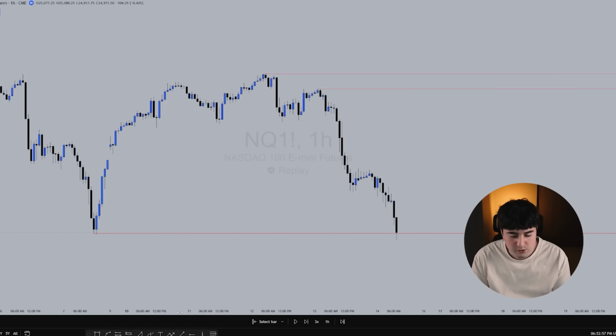Okay, so after fast forwarding for a bit, we're able to see that price came down here into this area of liquidity where we see price come down here and tag out this major area of sell side. So now, using step number 2 in the Asia and London session, what we're going to do here is